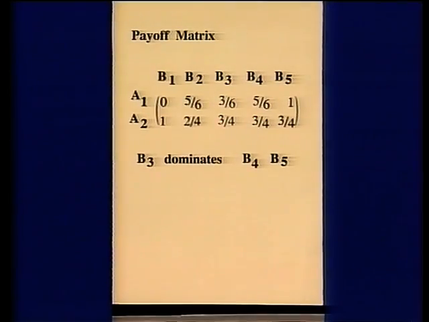The payoff matrix can be worked out after a little bit of arithmetic, not too difficult, but it's tedious. We've done that already. And we can see the payoff matrix here. B would be a fool to consider strategies B4 and B5. Remember, he's trying to keep the scores down. And so B4 or B5 would do worse for him than B3. He therefore ignores those 2 strategies, concentrating simply on his 3 strategies, B1, B2 and B3.